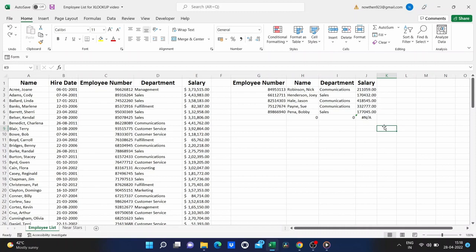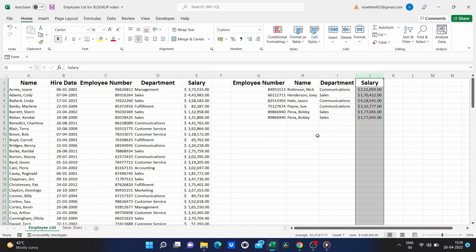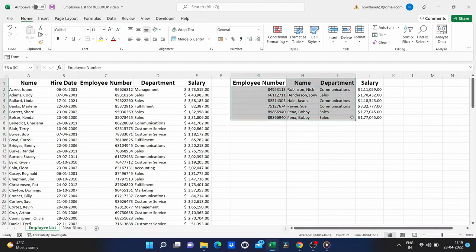I'm just going to copy paste another employee number there, just so you can see it is working in all of the cells here. At this point, if I want to, I can select J, and on the Home tab, Home ribbon, in the number group, I can change that number to be currency. So you can tell it's salary, and I might also want to select this range and set it apart from the rest of the spreadsheet by putting in a background color.